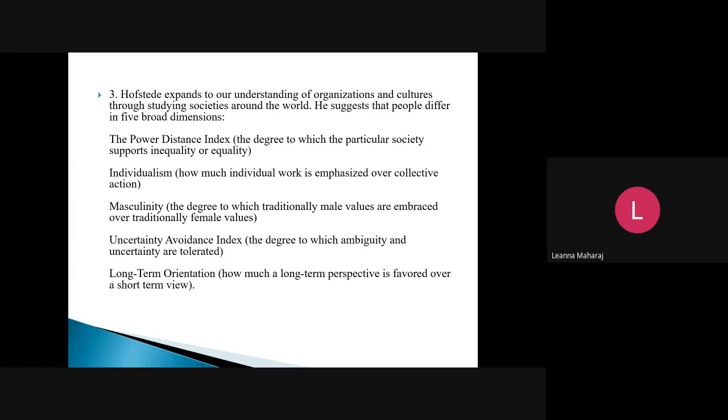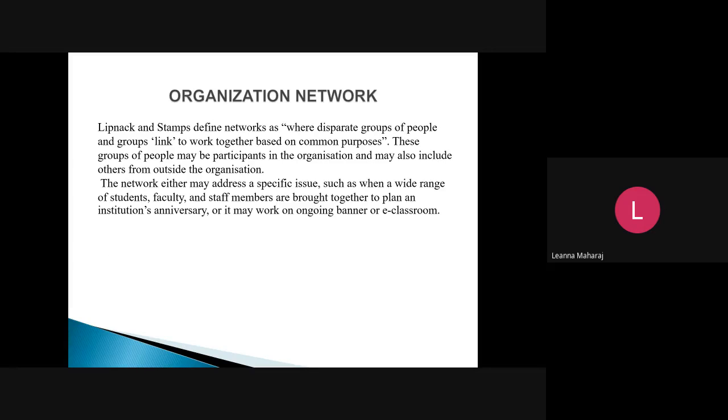We move on now to the organizational network. So Lipnack and Stamps define networks as where disparate groups of people and groups linked together based on common purposes. These groups of people may be participants in the organization as well as others from outside of the organization. So, for example,